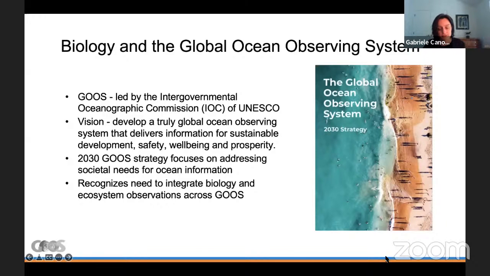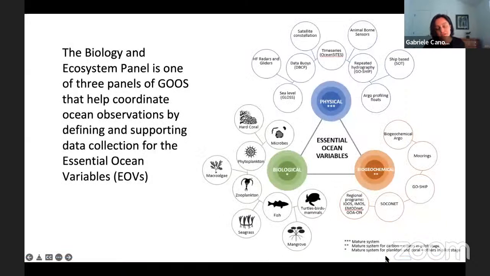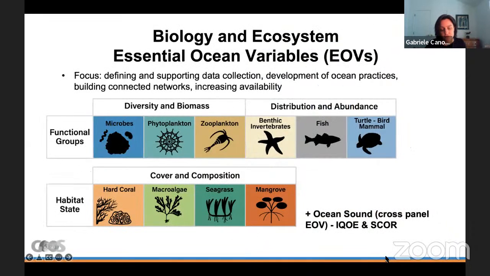Next slide, please. The Biology and Ecosystem, or Bioeco Panel, as we call it, is one of 3 expert panels of GOOS that help to coordinate ocean observations by defining and supporting data collection for essential ocean variables. We work closely with the other GOOS panels, which focus on physics and climate and also biogeochemistry. Next slide, please. The Bioeco Panel is focused on defining and supporting data collection for biology and ecosystem EOVs, which